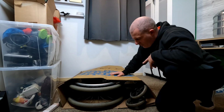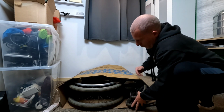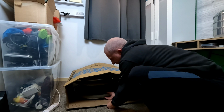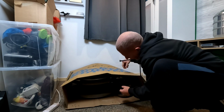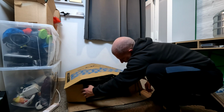So now, as you can see, I'm at the bottom. I've turned the box around, and these are the wheels. They're poking out of the cardboard. So what we want to do is we want to push that back in, like so. As you can see, it's hard to push in because I've done a good job so far, I say. So they go in, and then